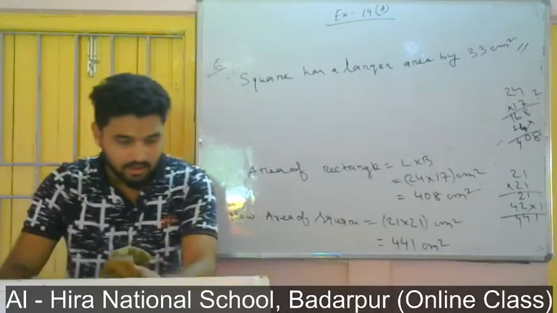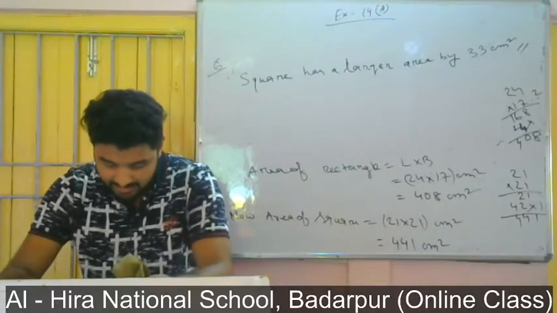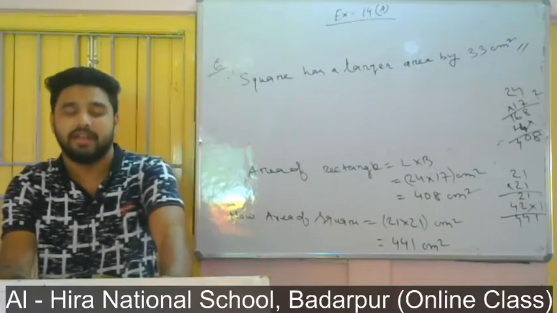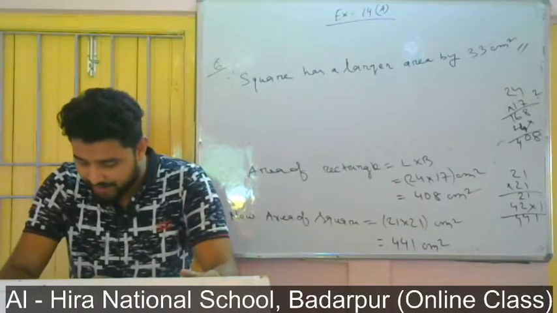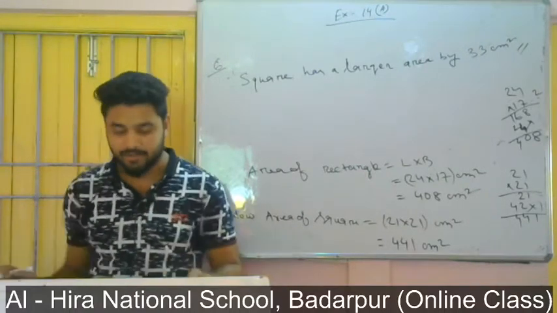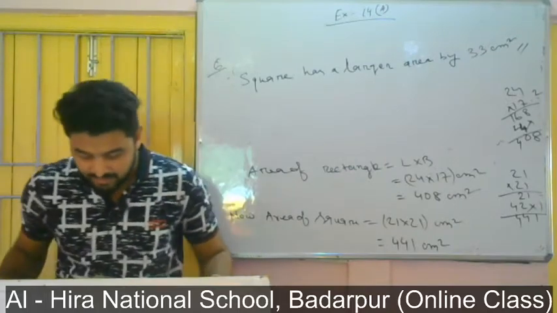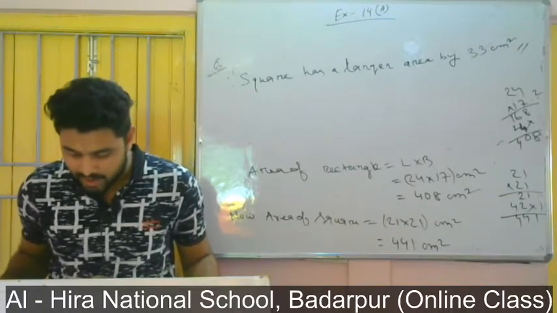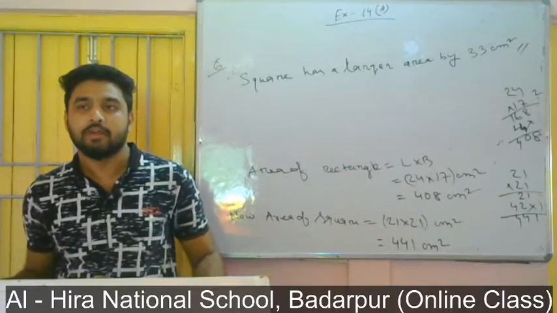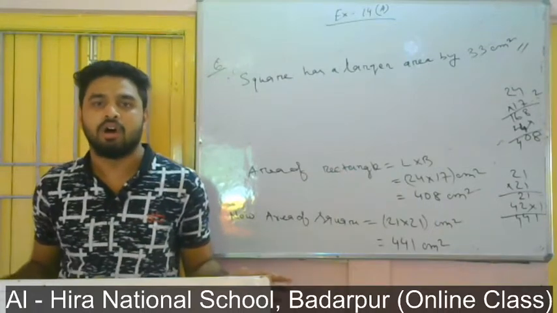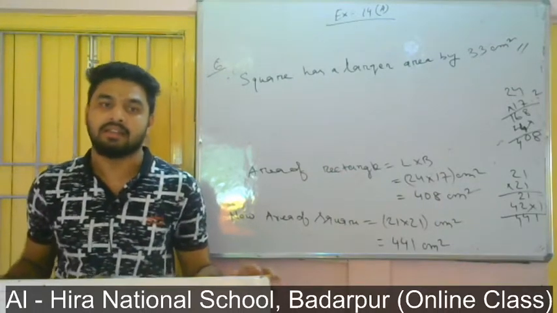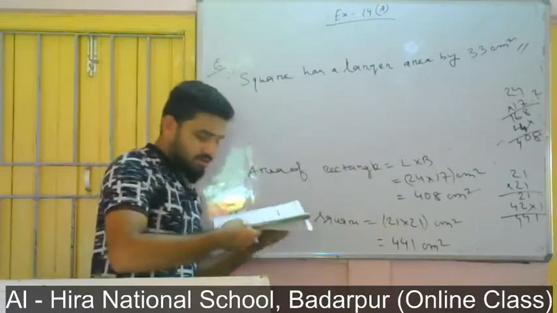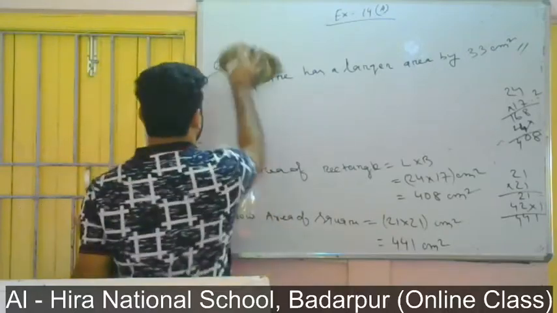Okay, now come to question number 7. The area of a rectangular field is 0.5 hectare. HA means hectare. If one side is 12.5 meter, find the other side in meter. That means we have to find the other side in meter. That means the area of the rectangular field is given. We have to find what? One side is given 12.5. Okay, you assume that this one is length, so we will find breadth in meter. We have to find the breadth in meter. So you see how to find. First you write what is given.